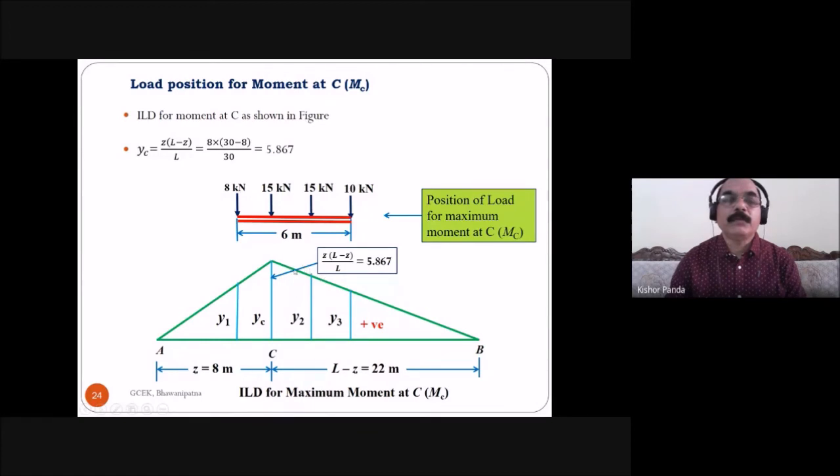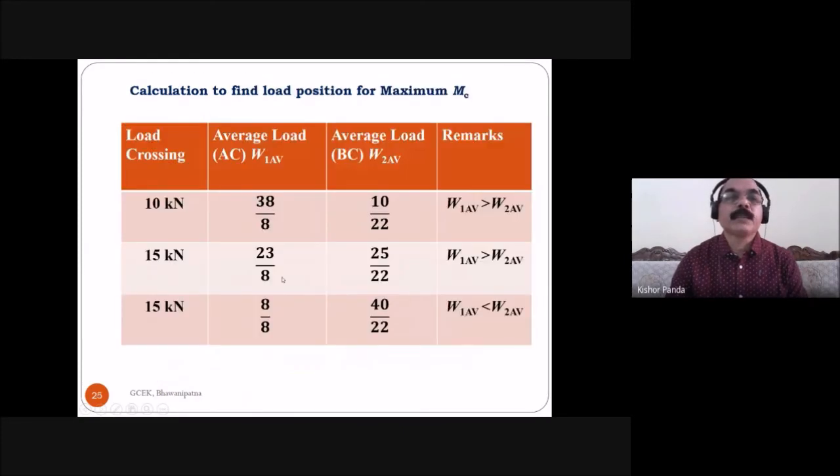Here, since this is a train of concentrated loads, when the 10 kilonewton load crosses the point C you have to find the moment, and then when the 15 kilonewton load crosses. So by two or three trials you can find the maximum moment at C. Now coming to this tabular calculation,